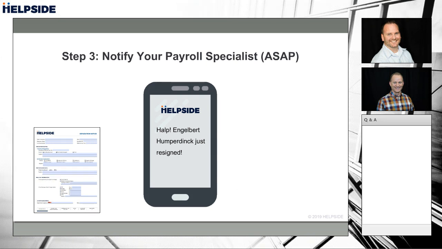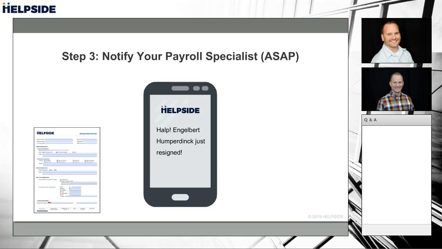And then next, big piece of the puzzle here, make sure that you notify your payroll specialist as soon as possible. They need to know so that they get their final paycheck processed in a timely manner. In Utah, if they resign, you just have to pay them on the next payday, which is perfectly fine. But there's the employee separation notice form that's right here in the corner of your screen. There are several different questions asked down at the bottom, such as, are you paying them their PTO? Are they going to be getting a severance, which doesn't normally happen with resignation, but sometimes it does? Are there bonuses or commissions or anything else that needs to be paid out? So they need to be aware of any additional monies owed to them. So let your payroll specialist know as soon as possible.